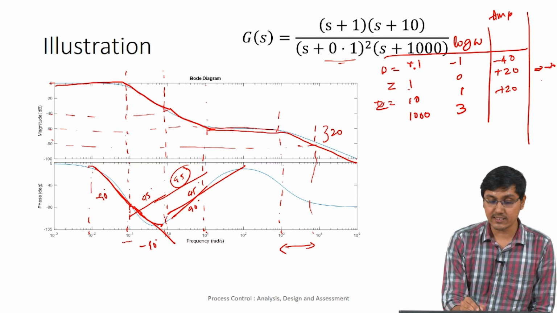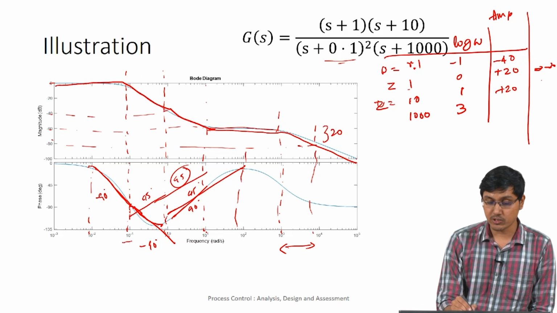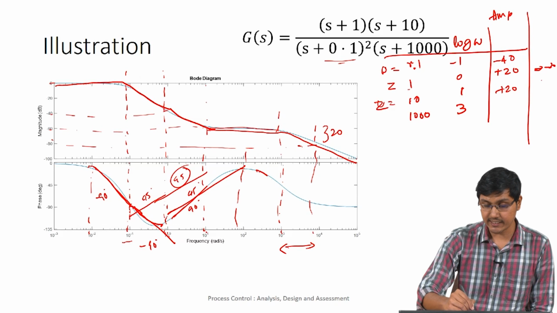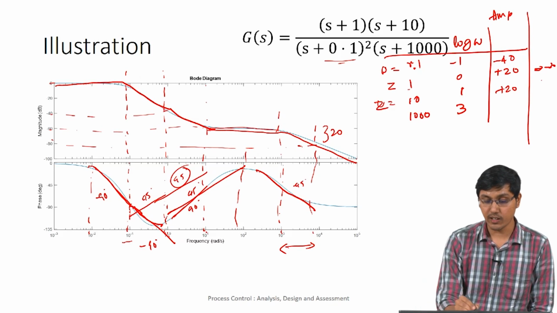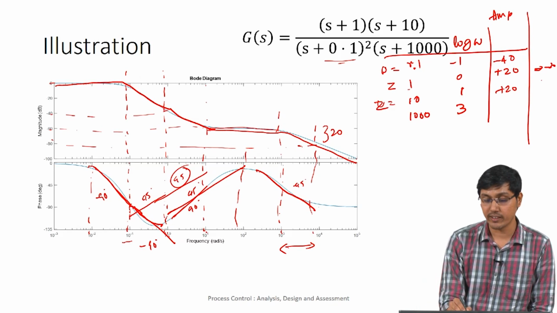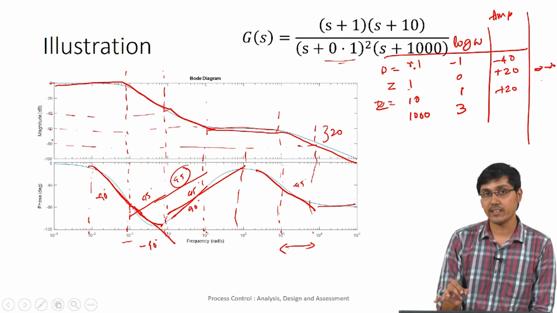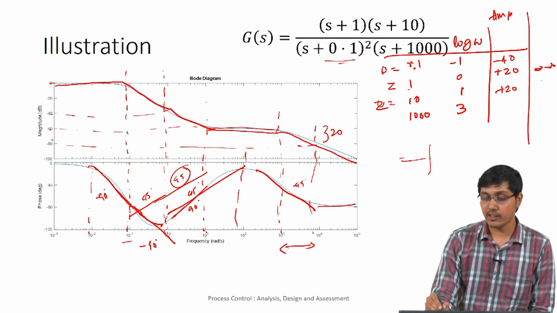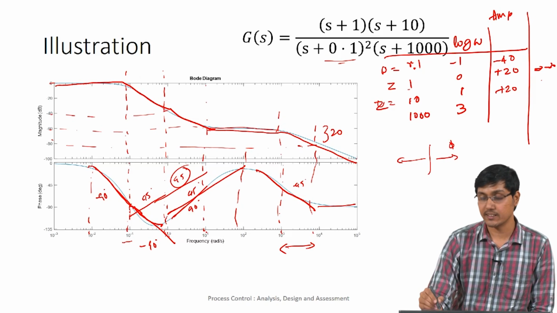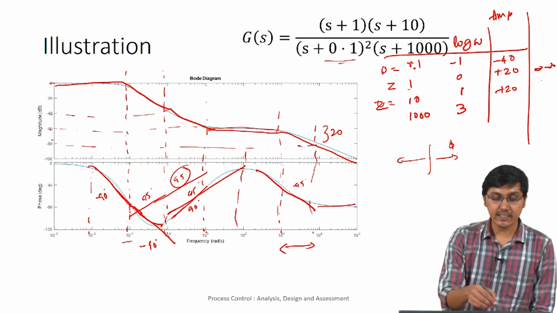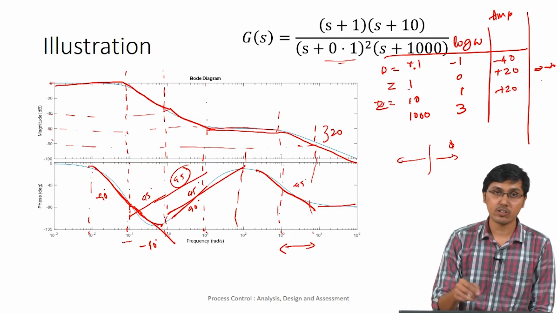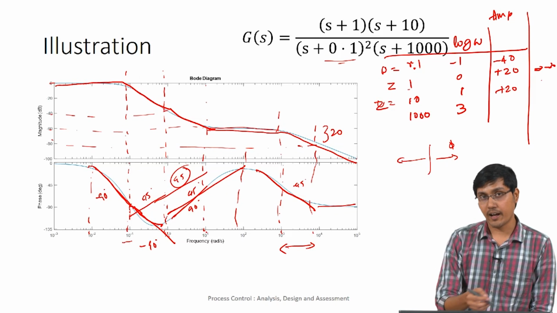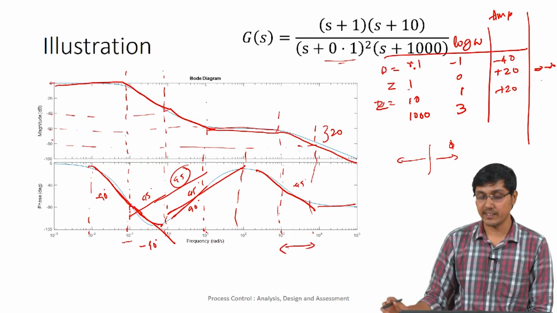And then again at 1000. After this decade there is no effect of this pole on the phase diagram. So this becomes a constant until omega equal to 1000 comes, and at that point it again starts decreasing at the rate of minus 45 degrees until this point, and then after this it has no effect. So every pole or 0 will have effect for a decade before and for a decade after as far as the phase angle is concerned. So that is what you can remember, and you can just plot it using MATLAB and draw something and see whether you are getting this or not. It is pretty simple.